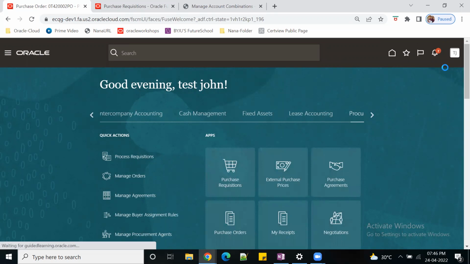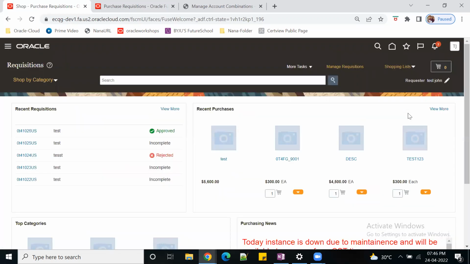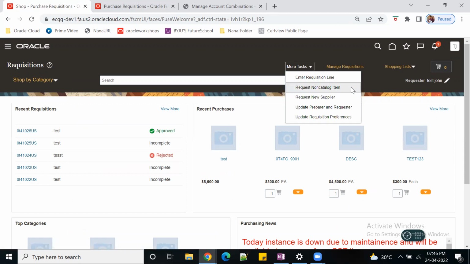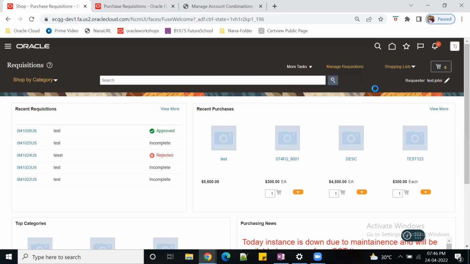Now procurement, I'm in the procurement area. Purchase requisitions. What I'm doing here is creating the PR now. It is a very widely used scenario, and most of the time the requesters can cancel the PO document. PO means purchase order document. Now I'm creating a PR of any kind,